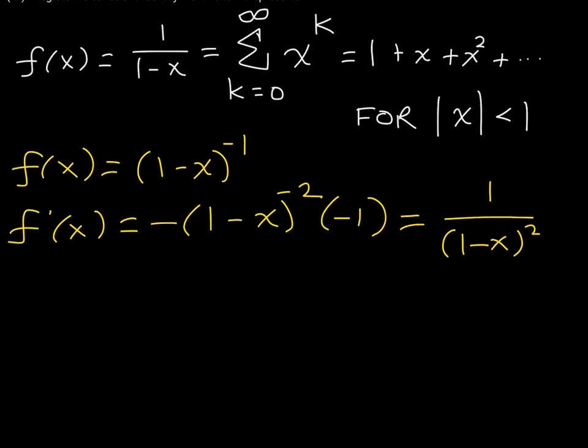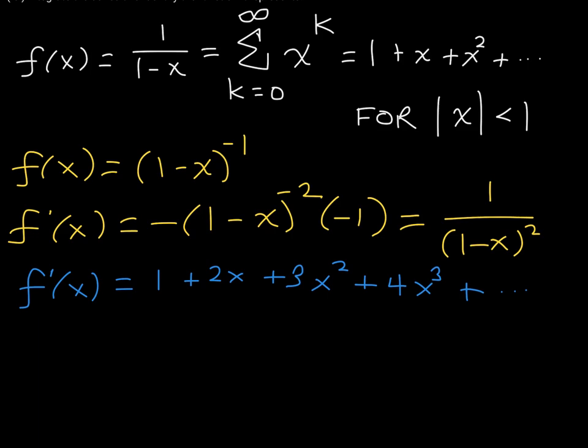Okay, so let me write it like this. When I differentiate the series term by term, of course, we get 1 plus 2x plus, the derivative of 1 is 0. The derivative of x is 1. That's why I put a 1 here. The derivative of x squared is 2x. The next term right here would be x cubed. The derivative of x cubed is 3x squared. The next term would be 4x cubed, and I think you get the idea. So plus, etc. So if this is f prime and all of this is f prime,